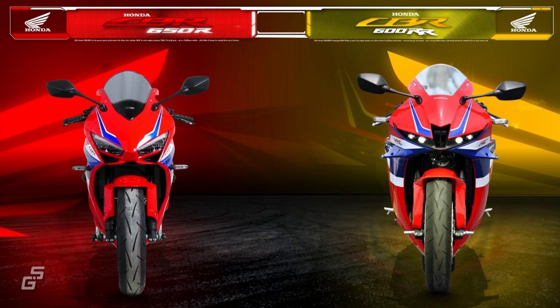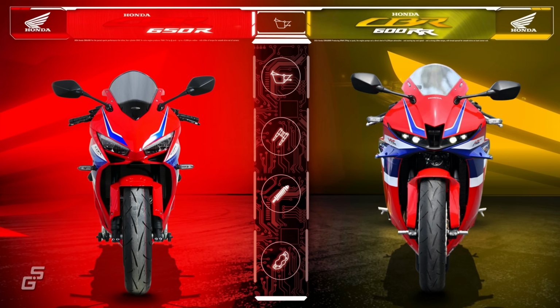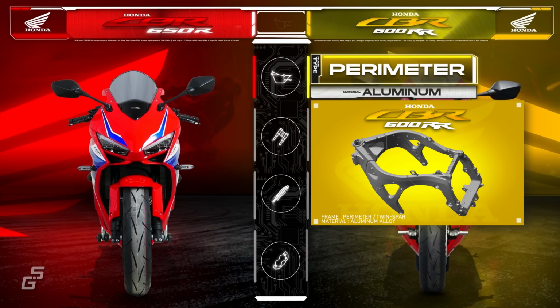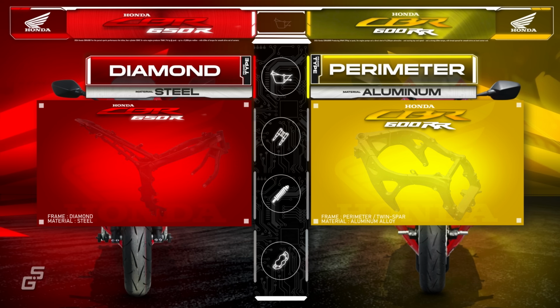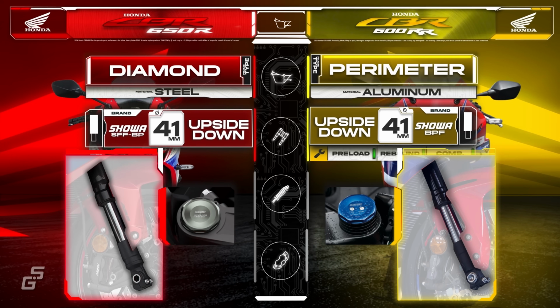Chassis-wise, the 600RR is all about cutting weight and maximizing performance, while the 650 sticks to a more budget-friendly approach. The 600 features a lightweight aluminum perimeter frame paired with an aluminum swing arm, whereas the 650 uses a steel diamond-style frame and a steel swing arm. Up front, the 600 gets a 41mm Showa Big Piston Fork that's fully adjustable for preload, rebound, and compression. Meanwhile, the 650 makes do with a 41mm Showa Separate Function Fork that doesn't offer any